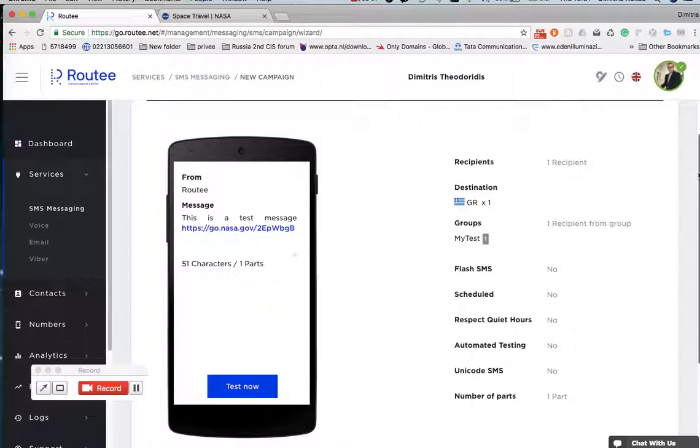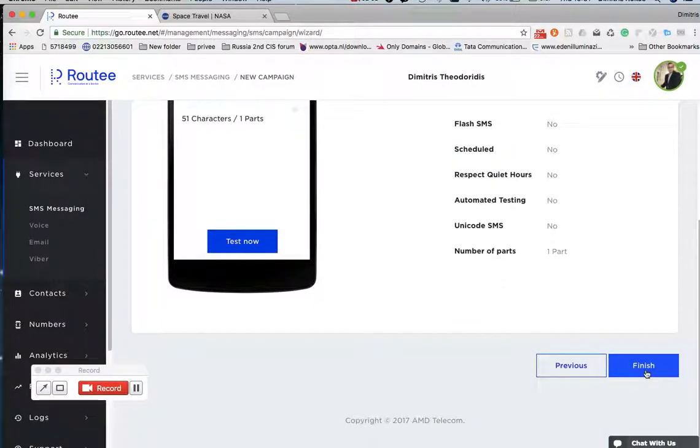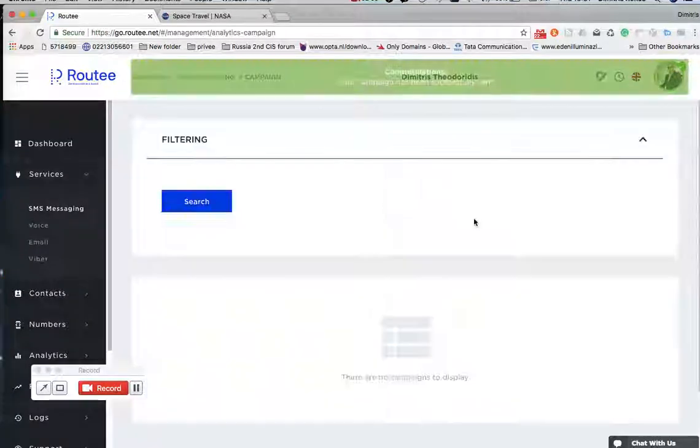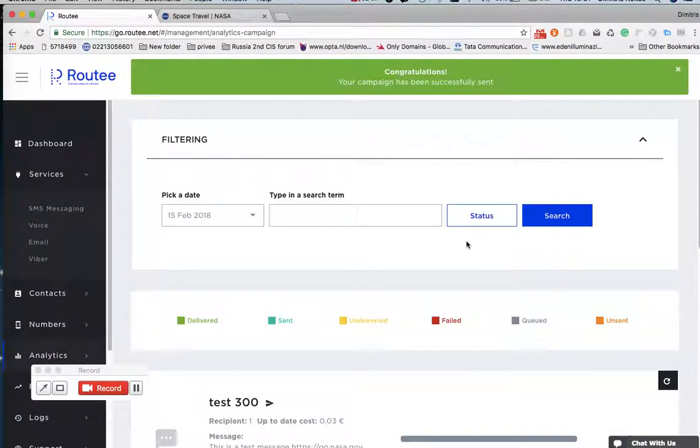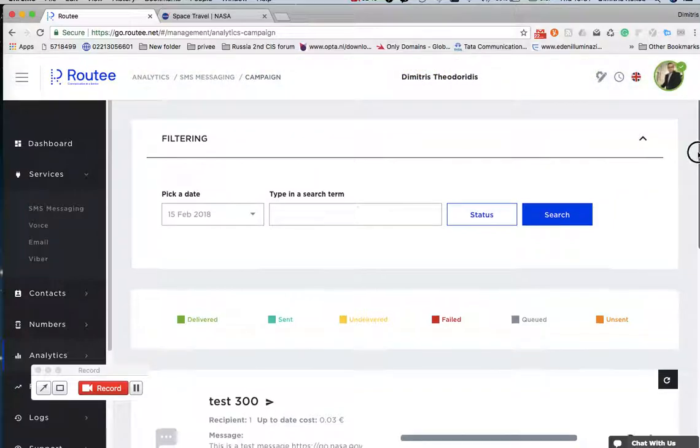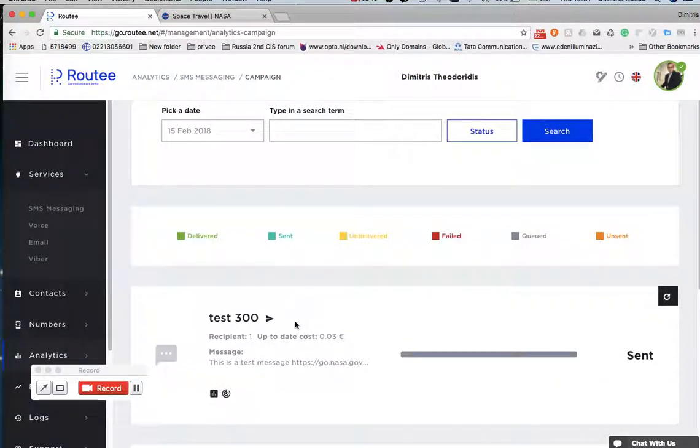So, clicking on finish, and the message is going to be terminated in our mobile. Here it is. I have not clicked on the link yet, so